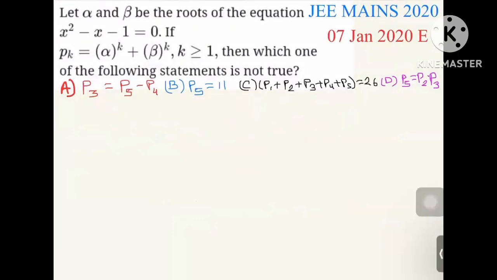जो 2020 में आया था। क्वेश्चन में क्या बोल रहा है? अल्फा एंड बीटा बी द रूट्स ऑफ दिस इक्वेशन. So alpha and beta are the roots of this equation. Then we can say that